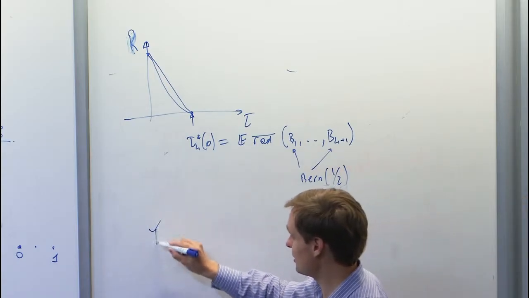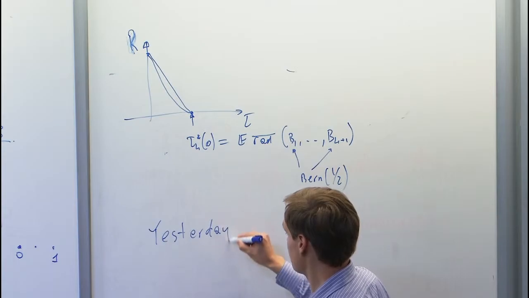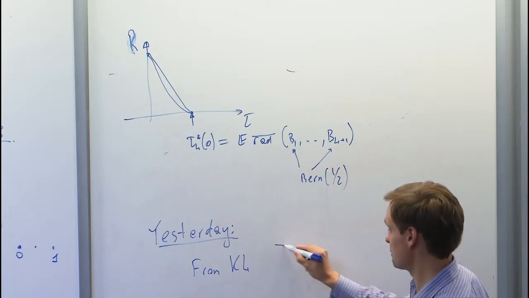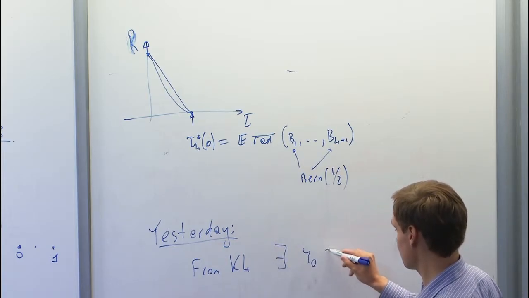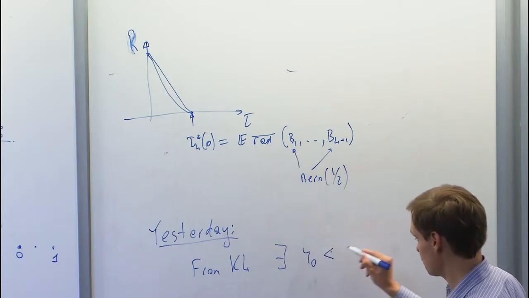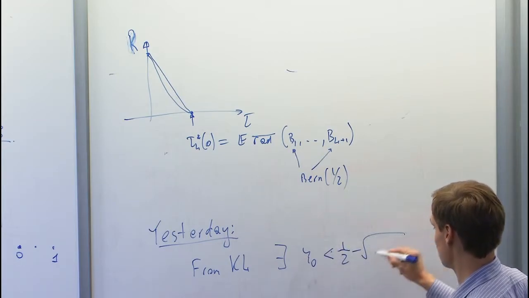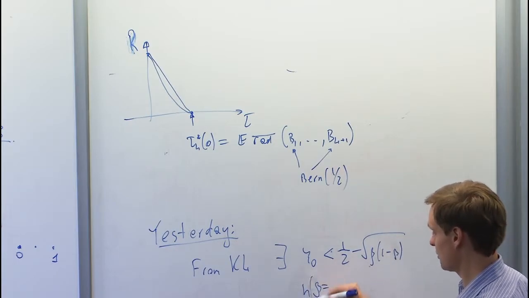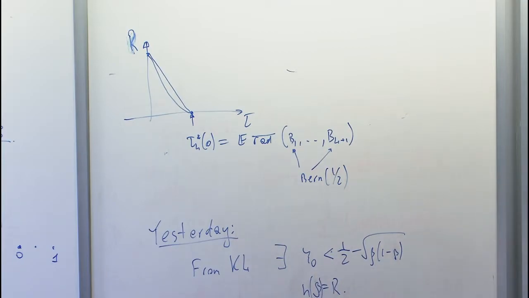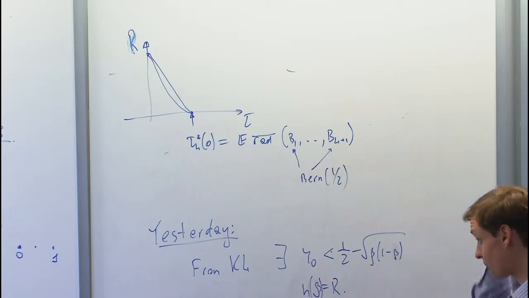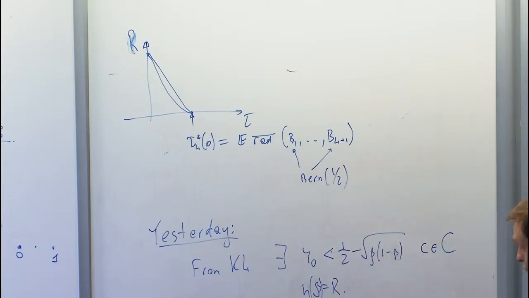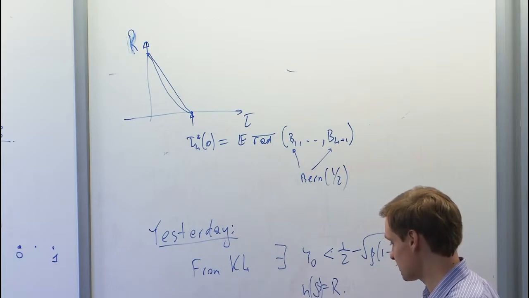Okay, so what we did yesterday, we learned that from Calais lineal there exists psi 0, and it was very important that this psi 0 is between 1/2 root beta and 1 minus beta. Beta is found from solving for a rate, solving this equation. With what property? There is this psi 0 and a code word in the code such that C plus